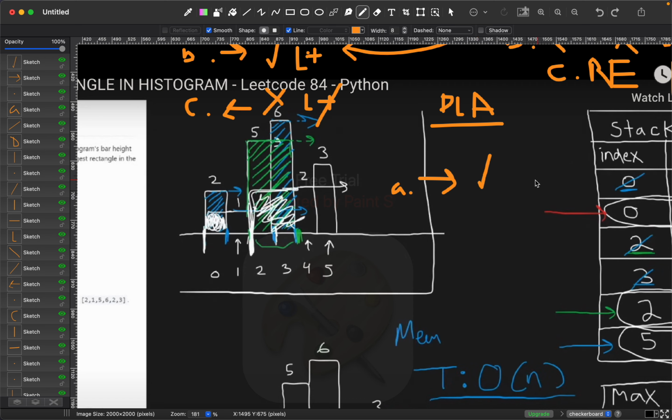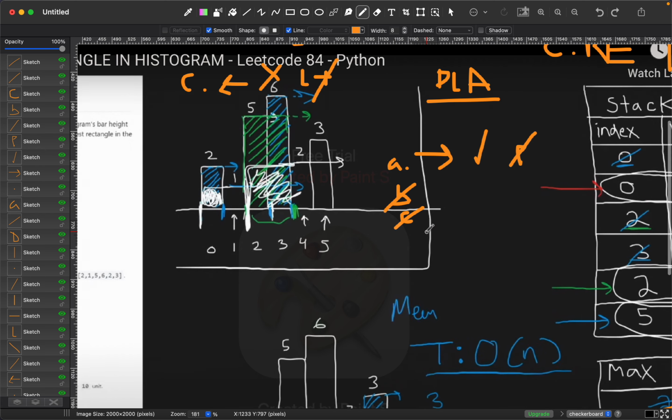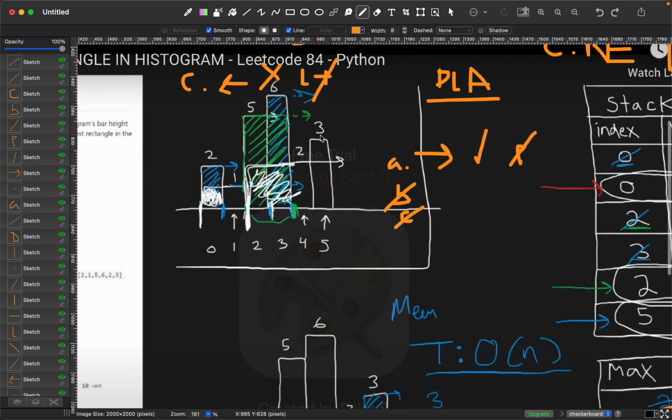We don't need to do anything actually. We don't need to do the popping, which we usually do, and we don't need to carry out B and C at all, because we didn't pop any value. But once we enter the realm of 3 per se,